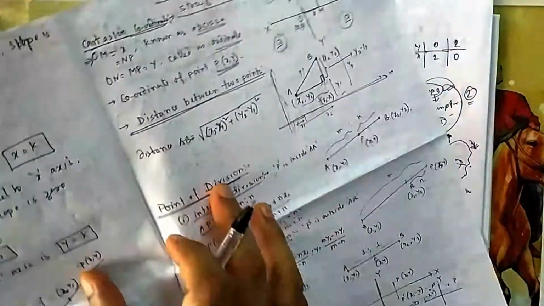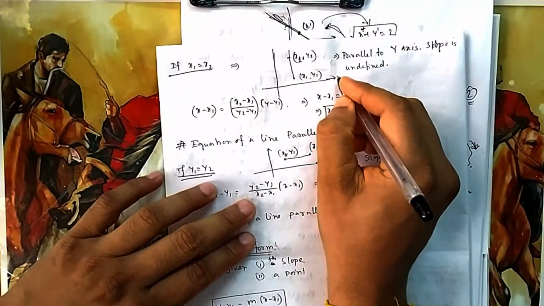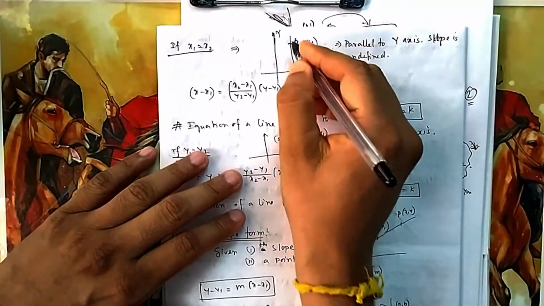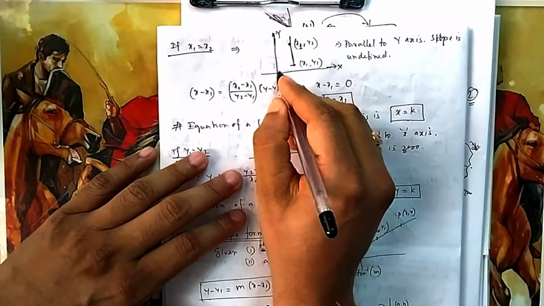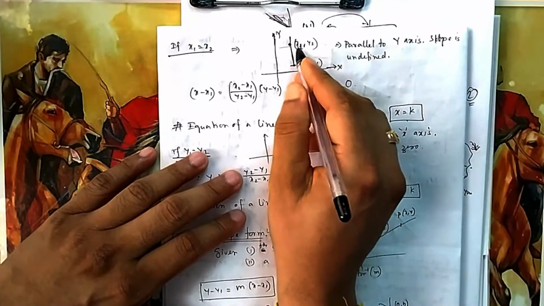Then how will your figure look? Visualization is very important. That's why I am drawing in each and every portion, so that you understand this. If your x1 and x2 are both the same, all these points will lie on this line. You see here x1 is this much, here also x1 is the same. So between these 2 points, the x coordinate is the same.